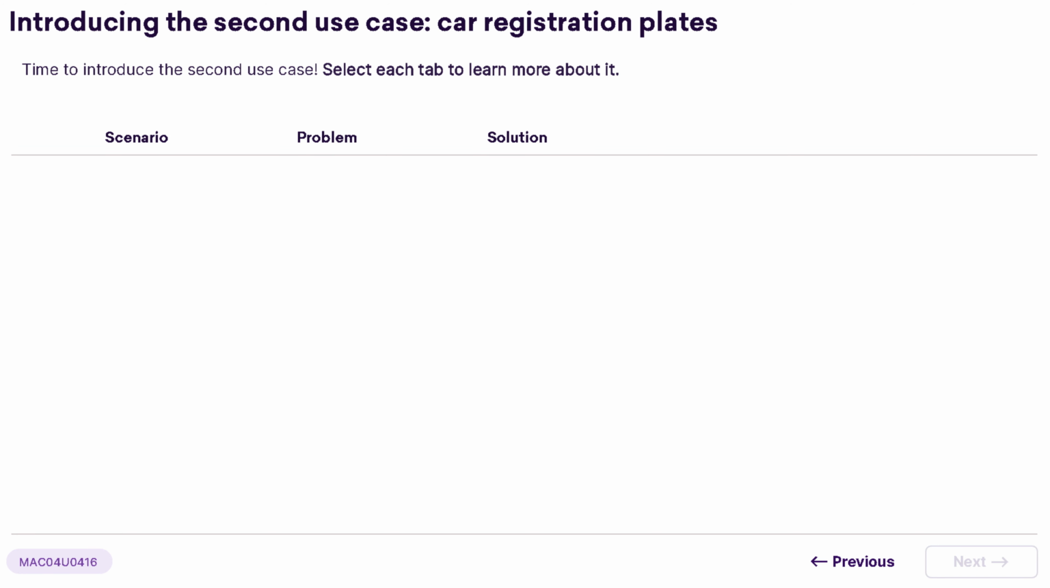Let's dive into the second use case, focused on car registration plates. In this scenario, we'll explore the challenge of managing and verifying vehicle registration data. This data is crucial for maintaining accurate records and ensuring compliance with legal standards. We'll discuss the problem of incorrect or outdated registration information, which can lead to various issues, including legal complications and